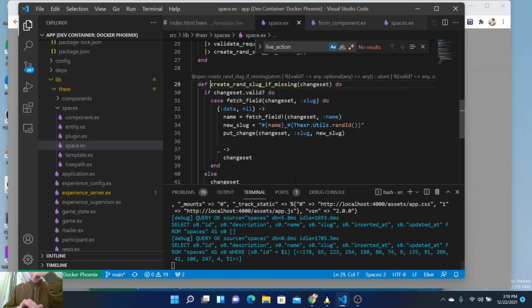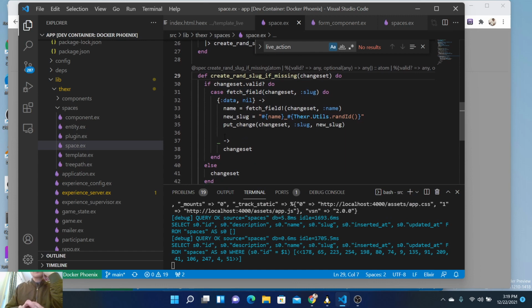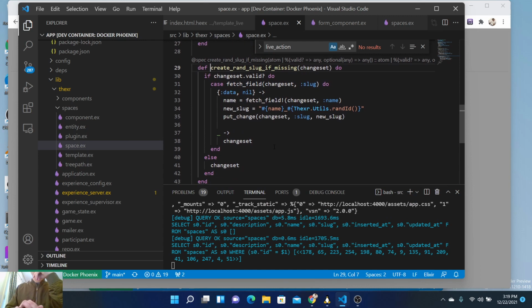This fetches the fetch field in the change set for a slug, and if there's nothing, if the change set is valid, it'll fetch the field for the slug. Fetch field returns data in nil, which means